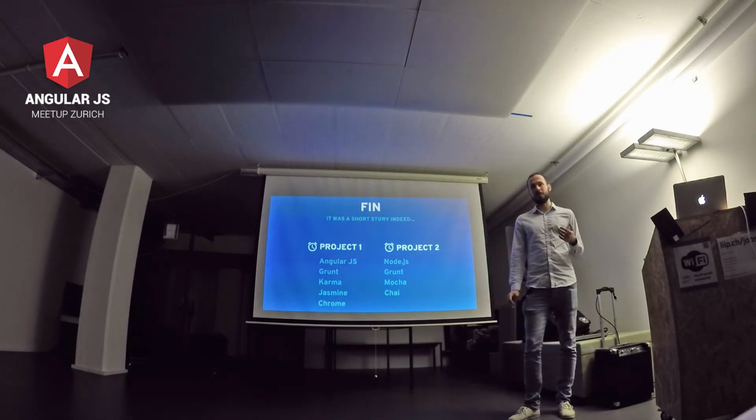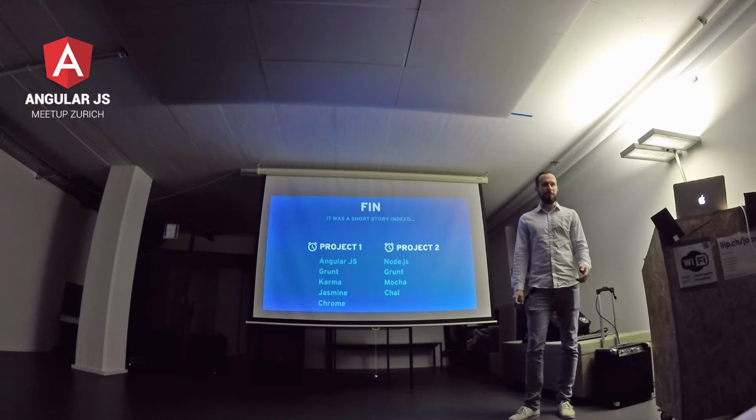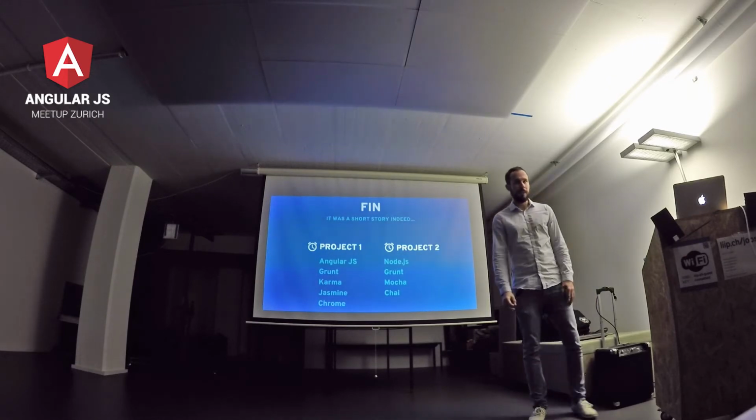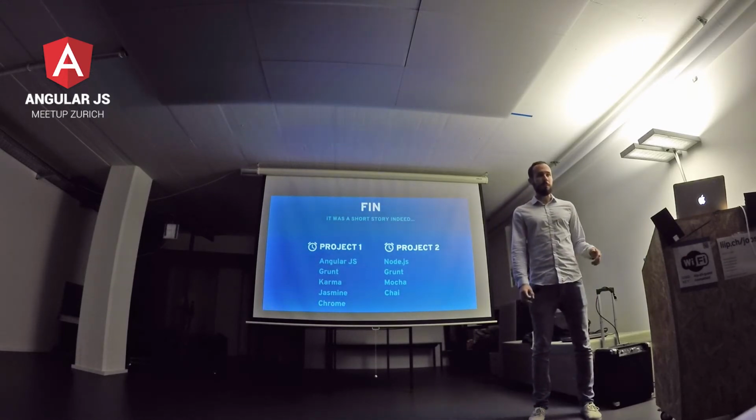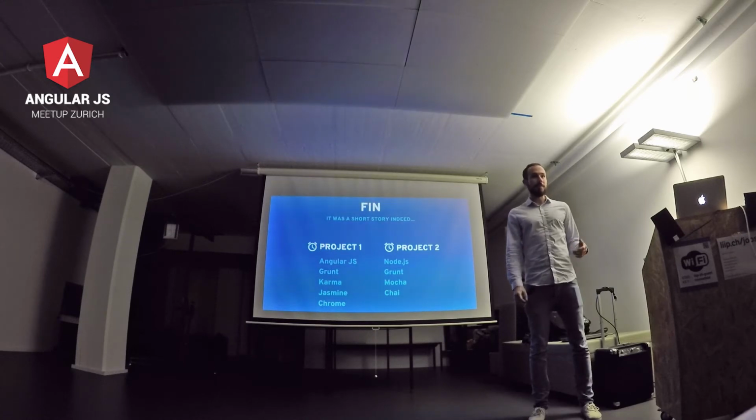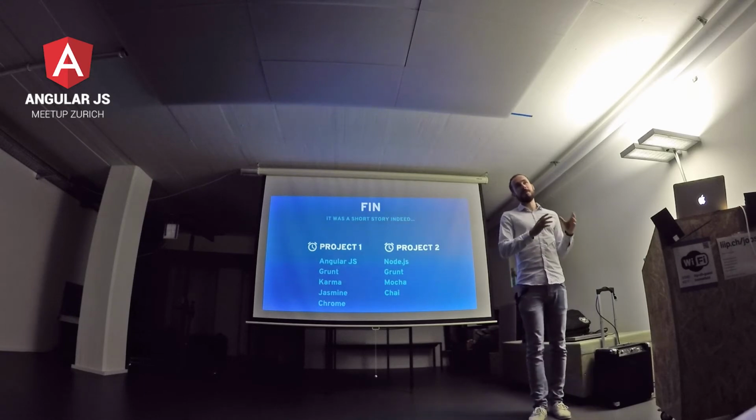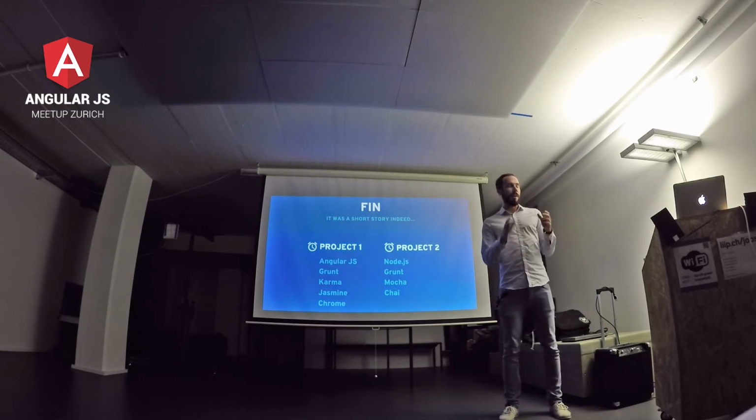So AngularJS, version 1.4, then Grunt for the build process, Karma and Jasmine for the tests, and we run those tests in Chrome. We also tried PhantomJS, but there we got into problems with memory, because so many tests were run together. Then we tried to split the test tasks, Karma 1 to 10, so we just run a subset of tests in one PhantomJS instance, but it still wasn't working,